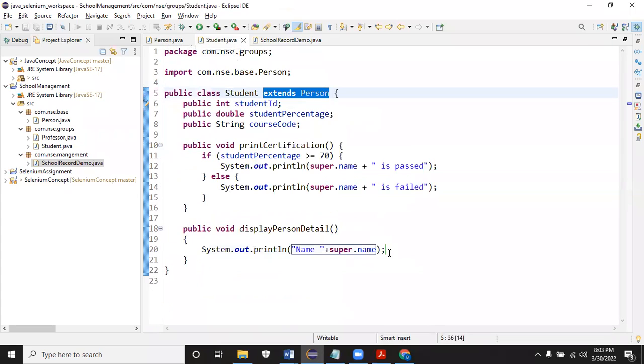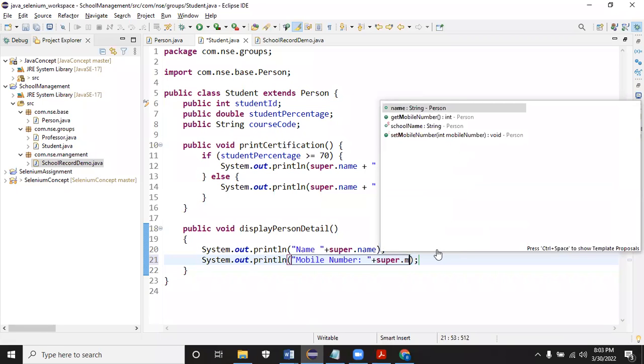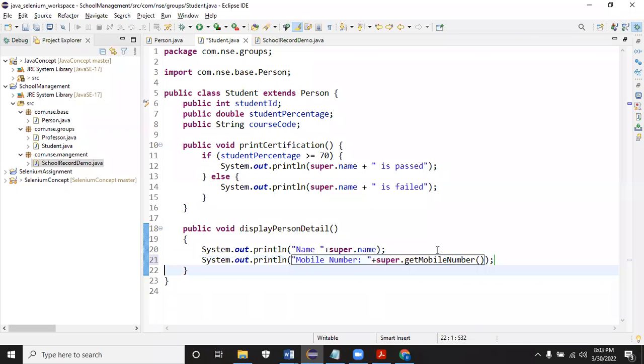And to access the name, student name, System.out.println, mobile number plus super dot get mobile number, I'll use. Parent methods, if you want to call, you can use the super keyword. This is non-static.